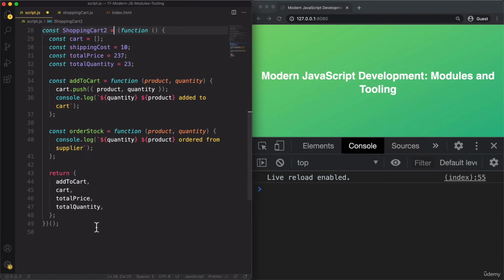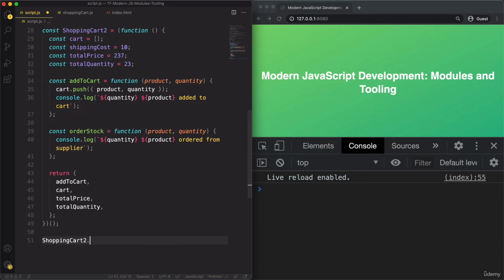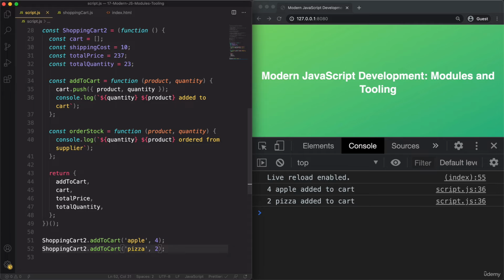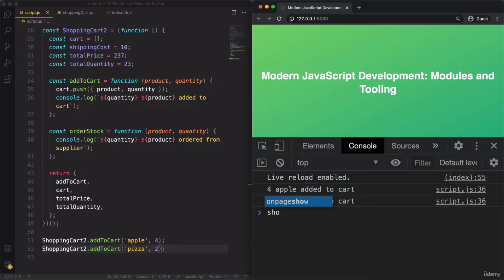And so now, just like before, we can now say shoppingCart2.addToCart, and here let's say 4 apples and 2 pizzas. Right? And so it works. And indeed, if we take a look at shoppingCart,